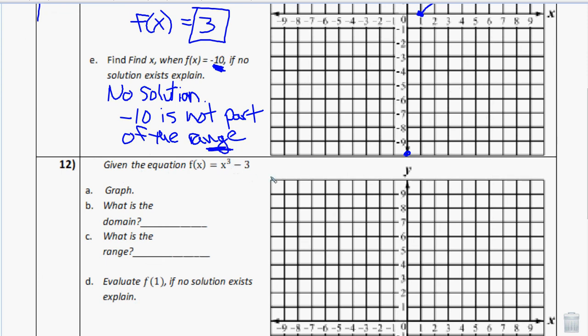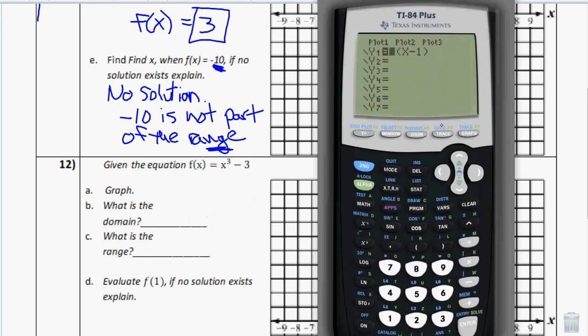Cubic function. Remember what a cubic function looks like, that funky little squiggle. We could put it into our calculator. You can use the caret key, the up arrow thing, and go to the third